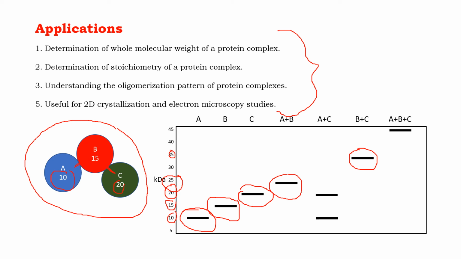However, in case of A and C, when they are co-expressed, we will get two different bands. In the figure you can see that both A and C are components of the complex, however they are not linked with each other, but are linked only in the presence of subunit B. So here subunit B is not expressed, we are only co-expressing A and C, so they will not interact with each other, and that's why we will get two different bands corresponding to subunit A and subunit C at 10 kilodalton and 20 kilodalton respectively.